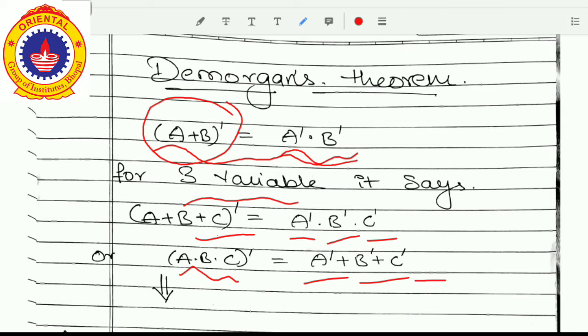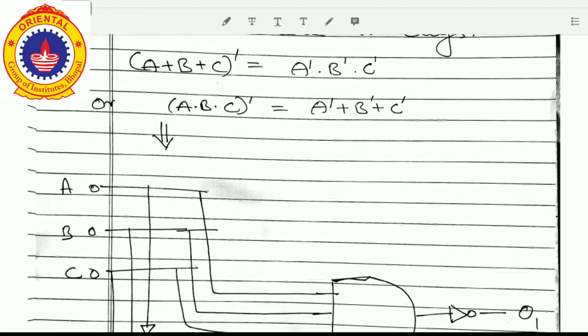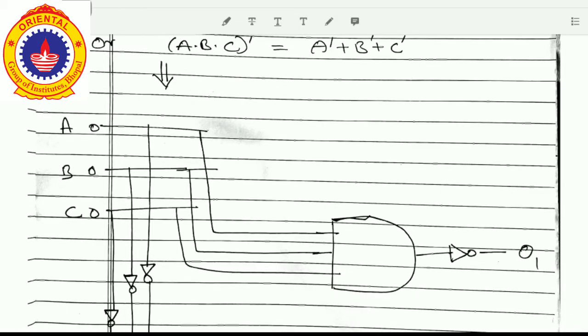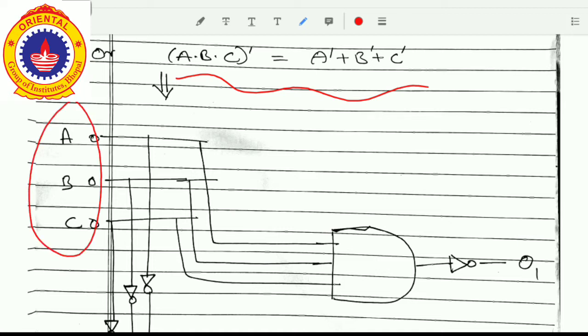So what we have to do is verify this. How can we do it? We can do it via a truth table. See here, this is the equation. For this equation we need three variables, so in the kit we will also have three inputs. Here are the three inputs, and on the left-hand side we need an AND gate, because the AND operation is going on in the left-hand side. So we will have an AND gate.